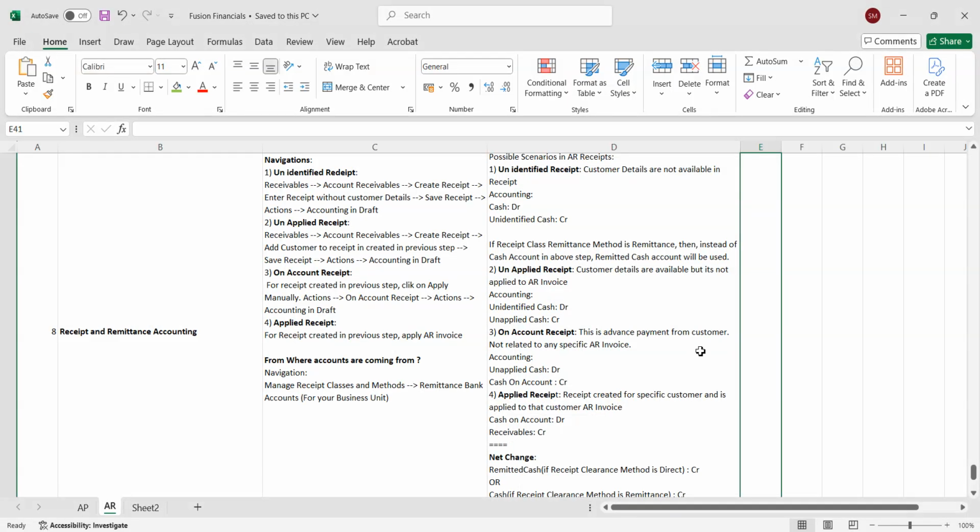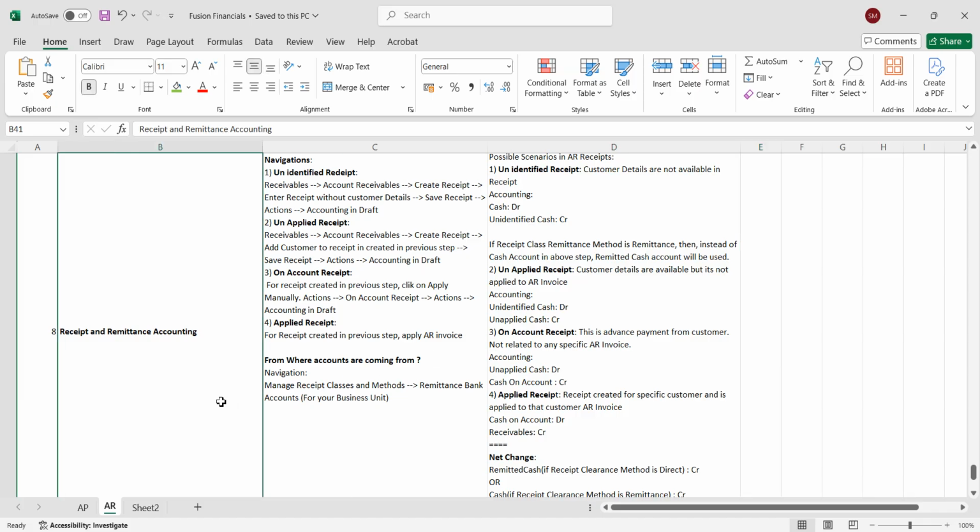Hi everyone. In this session, we are going to discuss receipt and remittance accounting. Before we jump into this topic, let us recap the fundamentals. When a customer purchases an item from a company, the company will issue an AR invoice to the customer, and when the customer makes payment for the purchase that he has done, a receipt will be created in the Oracle system,